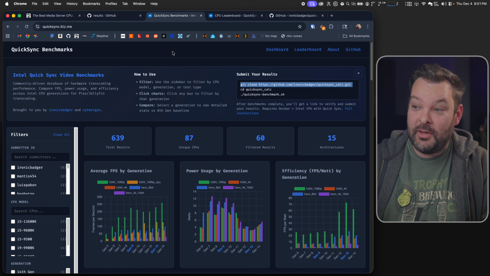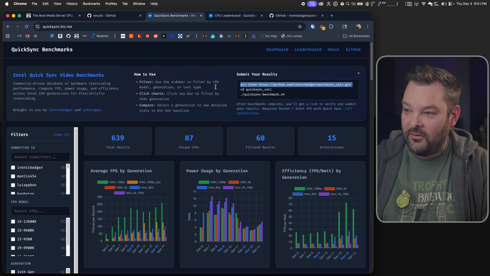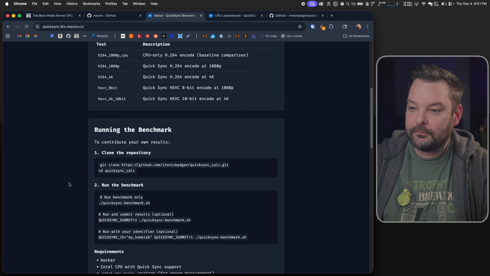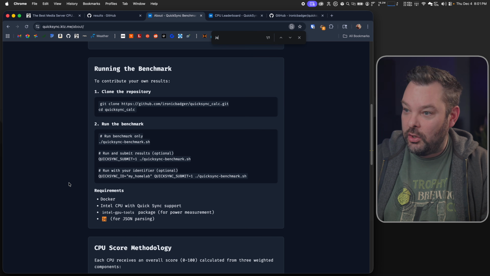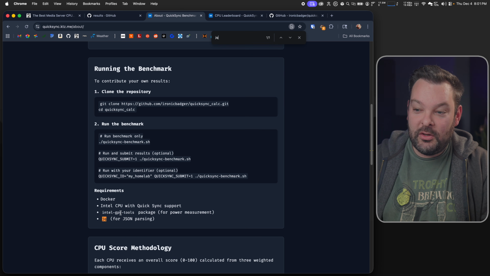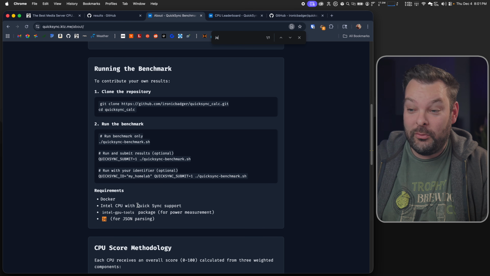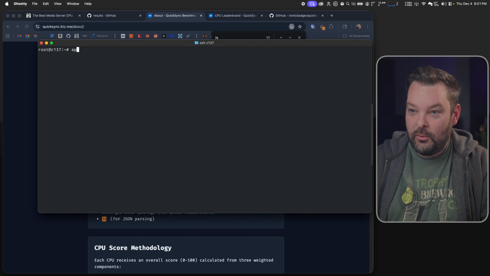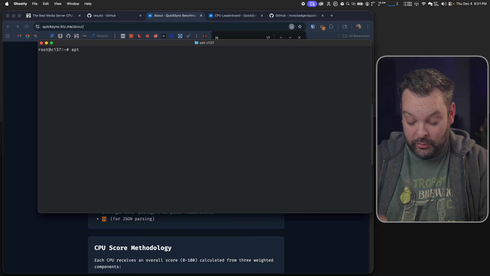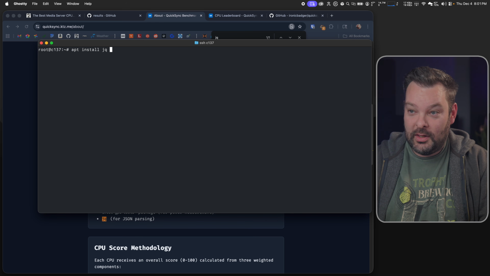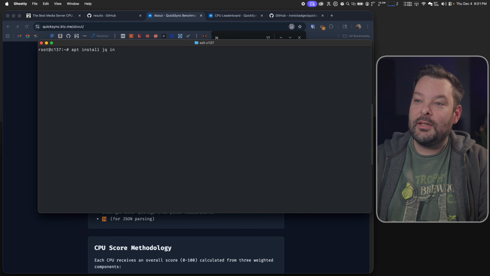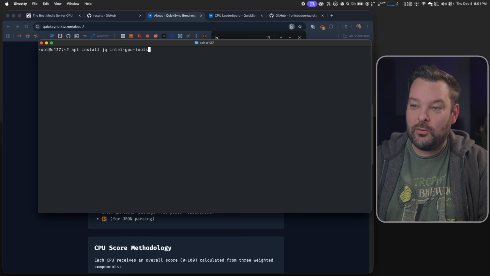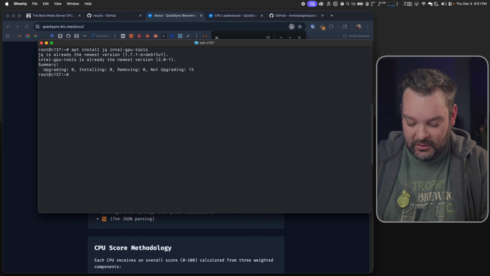All you need on your system is JQ. In fact, let's go to the full instructions right here as part of the website. You need JQ. You need Intel GPU tools. You need an Intel CPU with QuickSync support, and of course Docker. So if you are on Proxmox, this is a Proxmox host, you just do apt install jq and then intel-gpu-tools like so, and then it would install them for